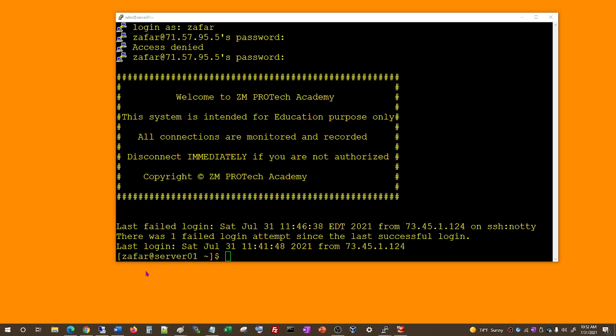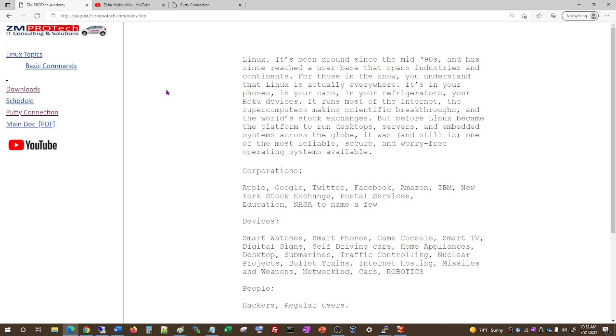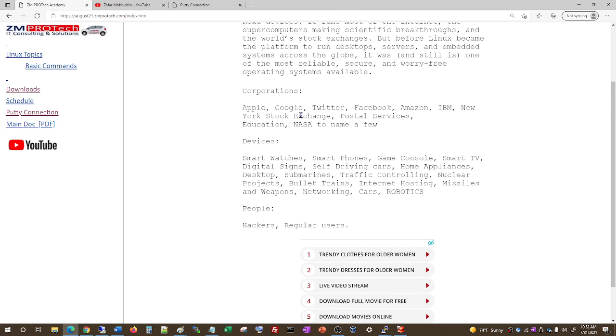JP Morgan, they have 100,000 Linux servers, and let's see who else. And the big guys, Google, Apple, Twitter, Facebook, they have millions all over the world. And IBM, they need no introduction here. And also New York Stock Exchange,